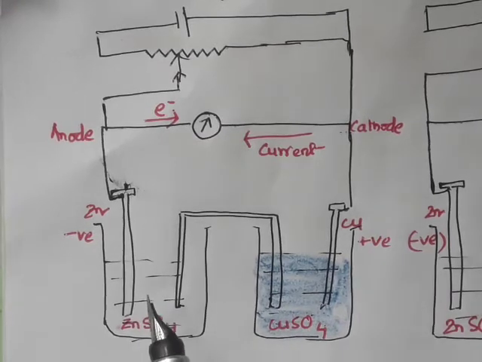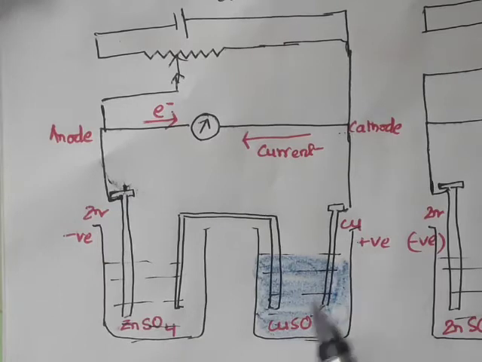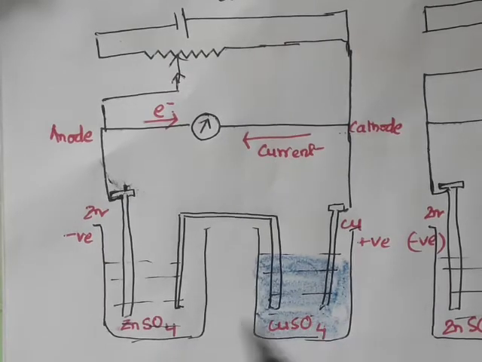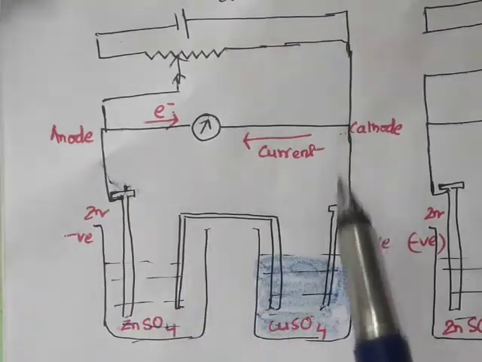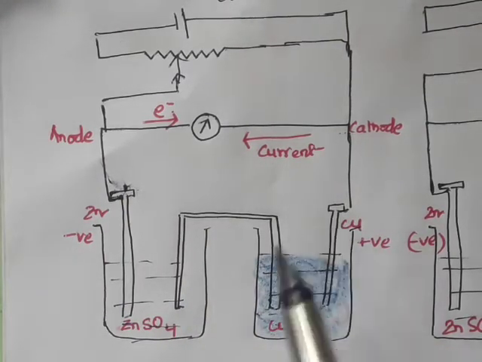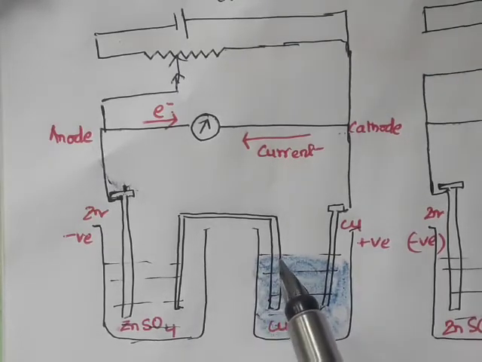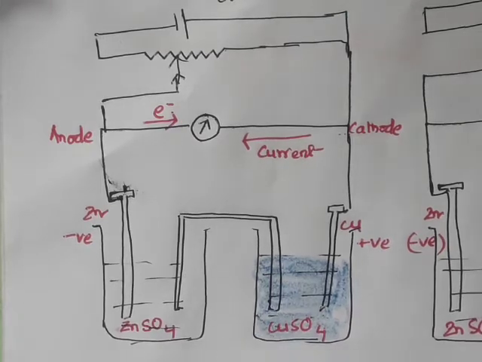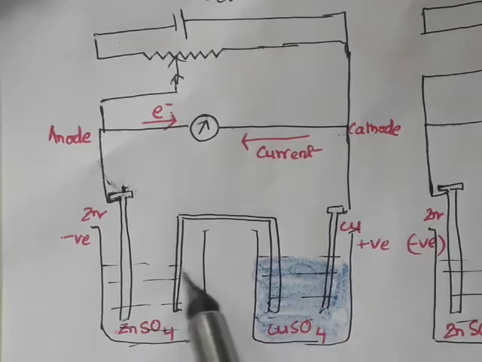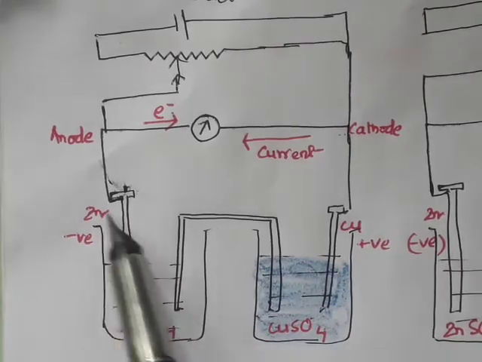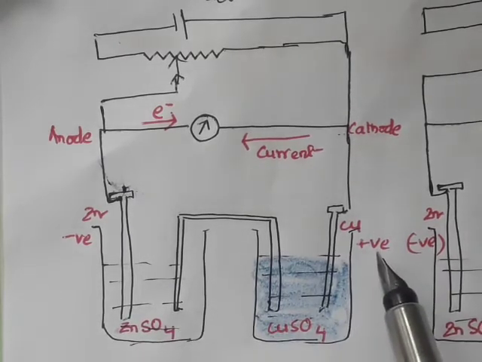Now the Daniell cell consists of a zinc electrode dipped in zinc sulfate solution and a copper electrode dipped in copper sulfate solution. The two are internally connected through a salt bridge and externally through a conducting wire. When the two are coupled, the total output voltage of this cell is 1.1 volt, which we have already studied, right? In this case zinc acts as the anode, which is the negative electrode, and the cathode is copper, which is the positive electrode.